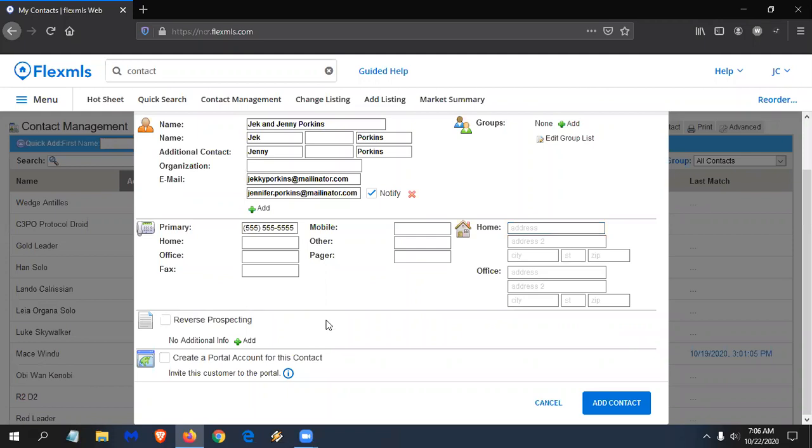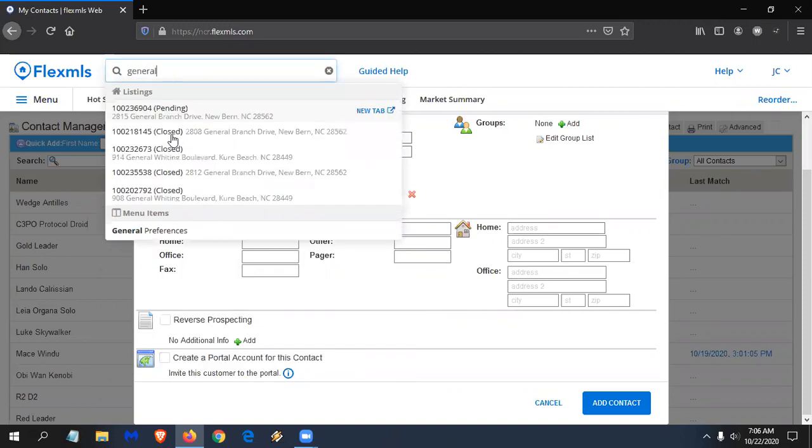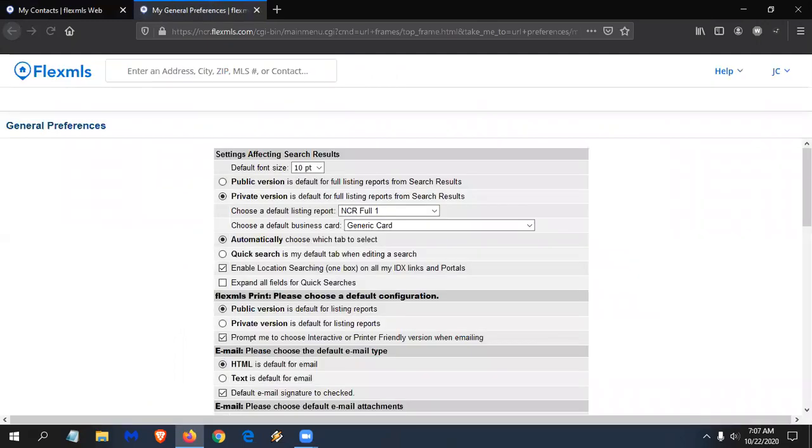Now, in the context of contact management, it may be checked or unchecked by default depending on your settings. And so what I mean by that is I'm going to open this up into a new tab, general preferences. You'll notice I'm not going to lose the work I'm doing. And when it comes to reverse prospecting, it is at the bottom,